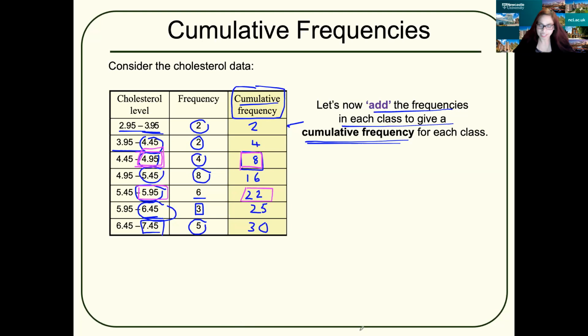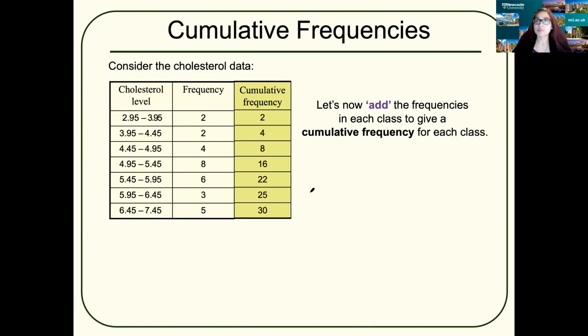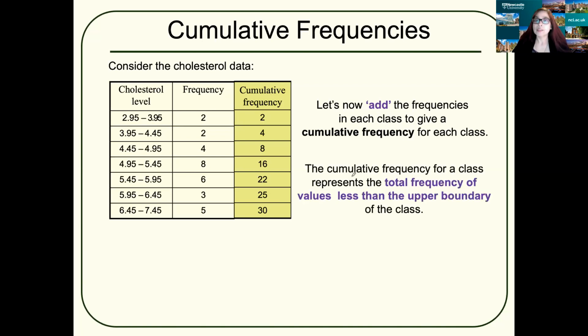Can you see that now? Okay. So we have our cumulative frequency now, in the third column. The cumulative frequency for a class represents the total number of values that is less than the upper class boundary. So there are 2 adults whose cholesterol level is below 3.95. There are 4 adults whose cholesterol level is below 4.45. There are 8 adults whose cholesterol level is below 4.95. So there are 16 adults. You tell me, guys, whose cholesterol level is below